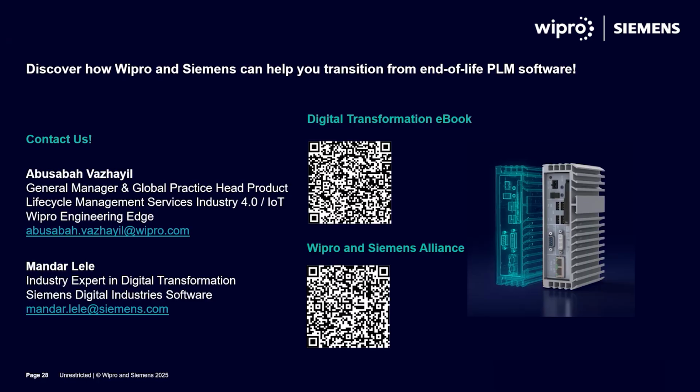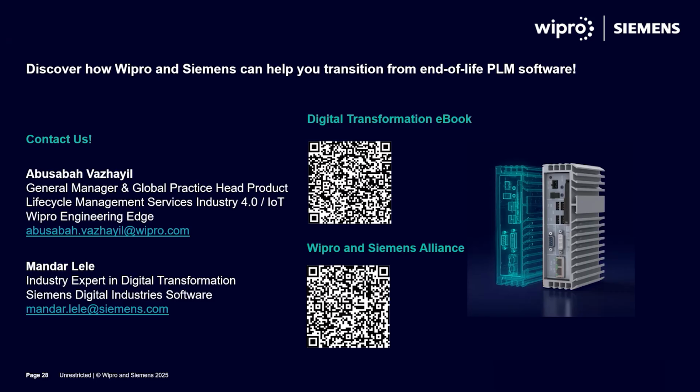Certainly. Transition to a new product lifecycle management system is a great opportunity to not only upgrade technology, but also streamline and improve business processes. Here is some advice that you can bring to your management to leverage this transition effectively. First, define clear objectives. Establish clear goals for what you want the new PLM system to achieve beyond replicating old functionality. Focus on improved efficiency, better data management, and enhanced collaboration.